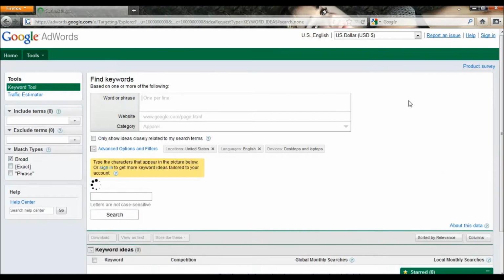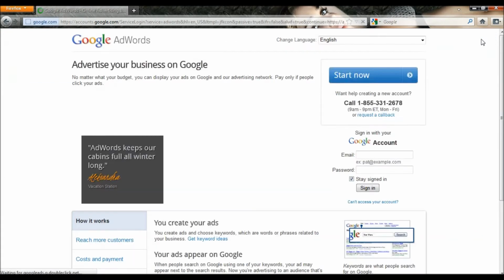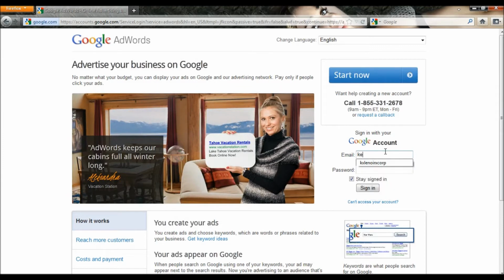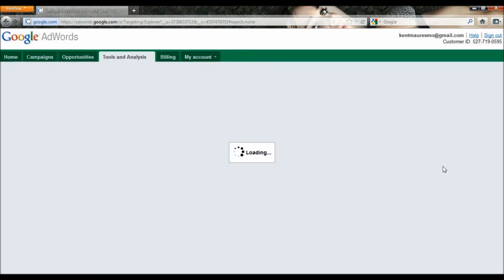Now it's going to be a good idea to sign in to your Gmail account, because if not, you're going to have to enter this CAPTCHA, and then you don't get as much information unless you sign in. So I'm going to sign in here, top right hand corner, click sign into my Gmail account, okay? And now the CAPTCHA is going to be gone, and we're going to have much more options to look at and much more search results. Okay, so I'll show you how this works real quick, just so you can have an idea